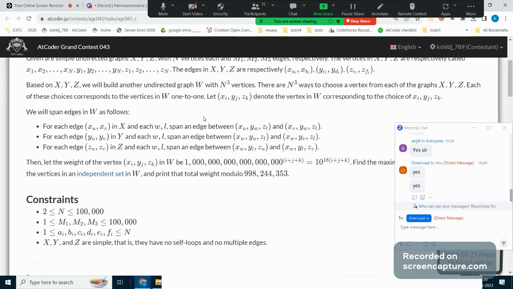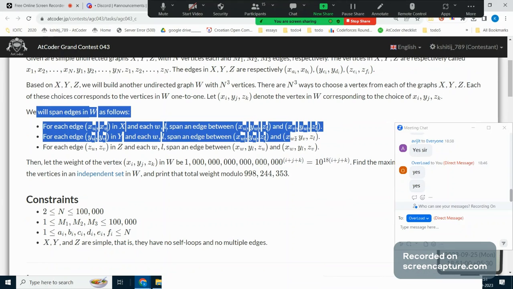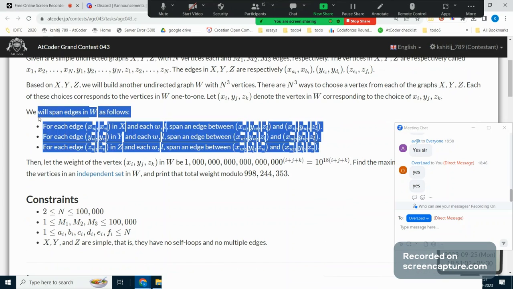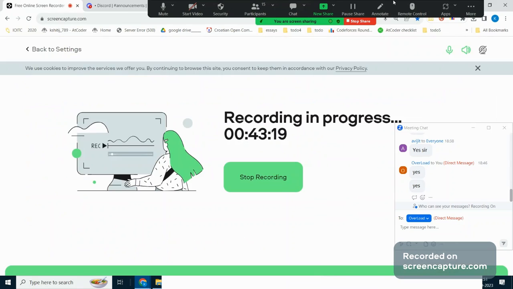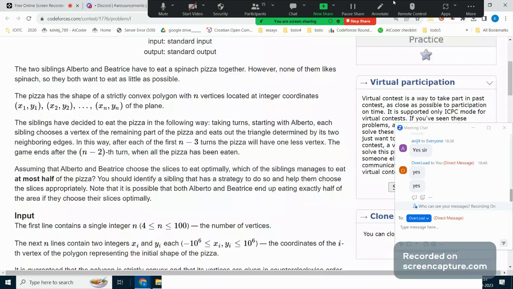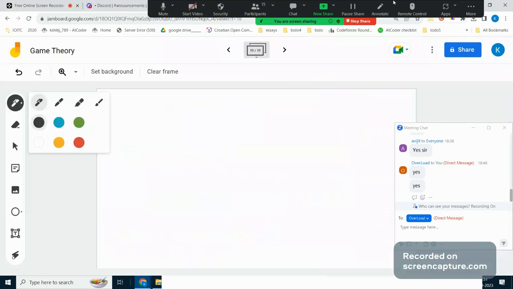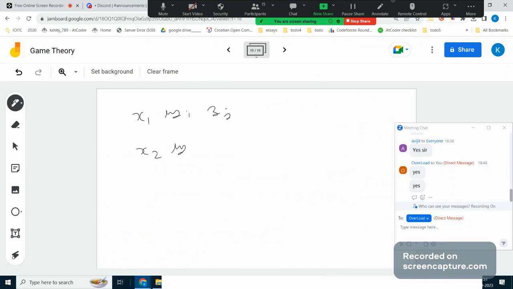No, you define edges in W as mentioned here, and you find the independent set in W. Now, wait, I will just explain. Say we have a state x1, yi, zj, where i and j are random, can be anything, and we have x2, yi, zj. If these two are the same and these two are connected in the first graph, then there's an edge between this